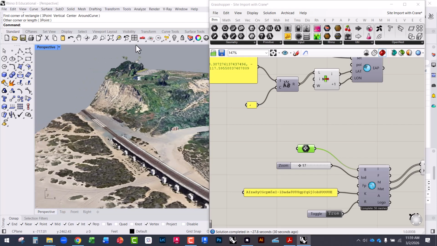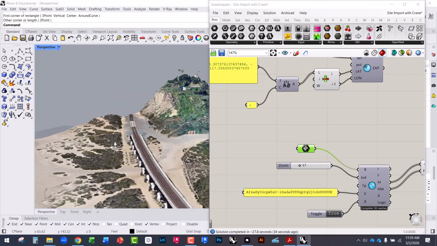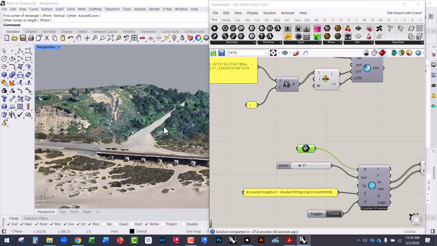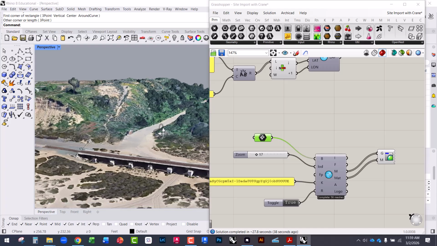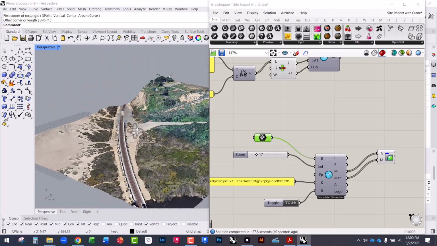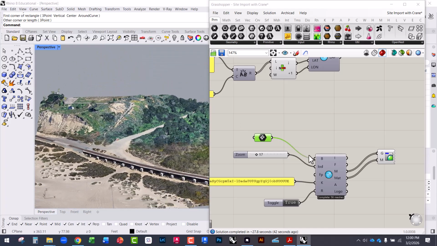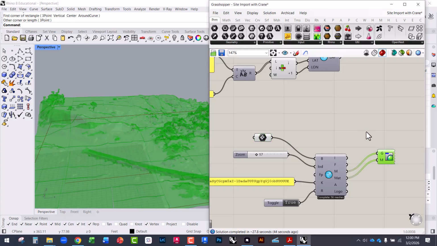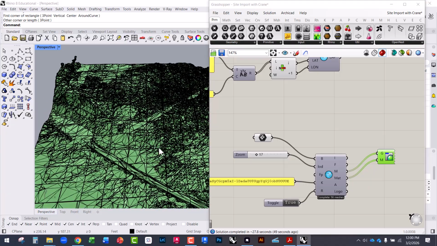All right, so in this video, I'm going to show you how to take a 3D mesh. This is a terrain model that we've downloaded from Google Maps using the Heron plugin for Grasshopper. So we have this map. I'm going to select this, middle mouse click, bake. So now we have a mesh file